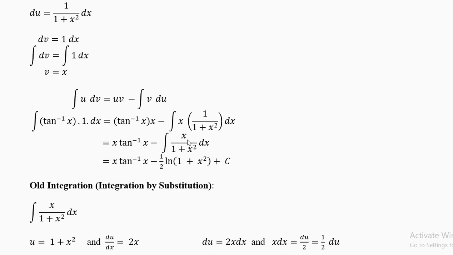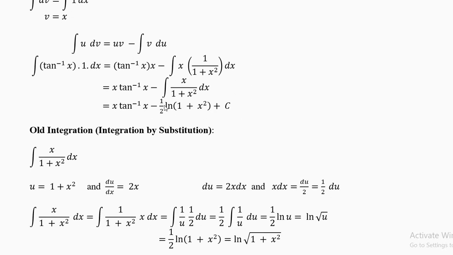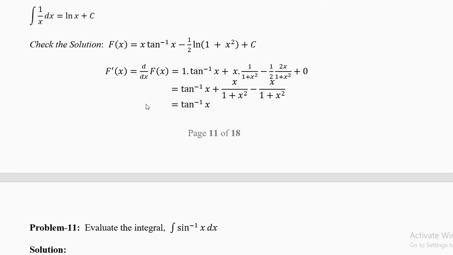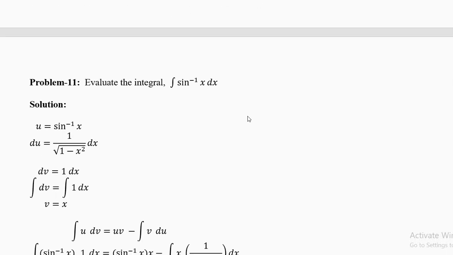Inside this integration, you do it, you will get the second part is minus 1 by 2, because the integration of x over 1 plus x square is half ln (1 plus x square), and there is a minus sitting out, plus c. No algebra can be done here except that you can take the half inside the logarithm, which we are not going to do in this question. Again, differentiate and check the answer.